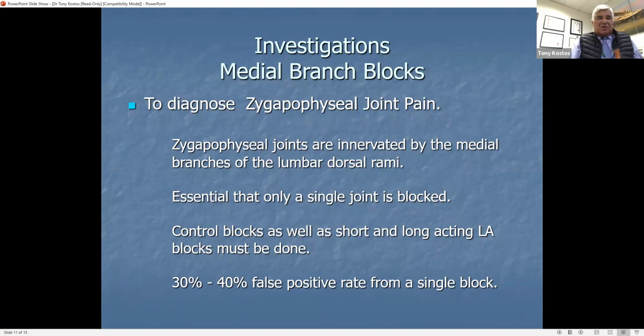Now, the reason they want to do the blocks is that it then leads into denervations. You've probably had a million requests for facet joint denervations. If you do the blocks properly and only block a single joint with the control block, and you find that that joint is the source of pain, denervation should relieve the pain completely. There was a rheumatologist in Sydney, Les Barnsley, who did a lot of work on the neck. His only outcome measure was complete relief of pain. And when the pain started to come back in 12 to 18 months, he did the denervation again